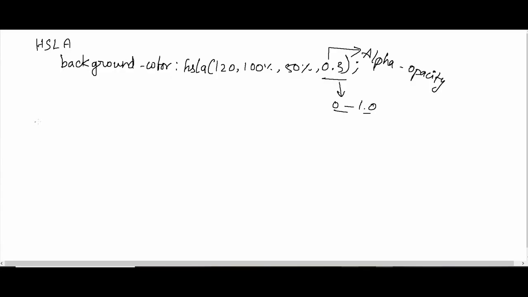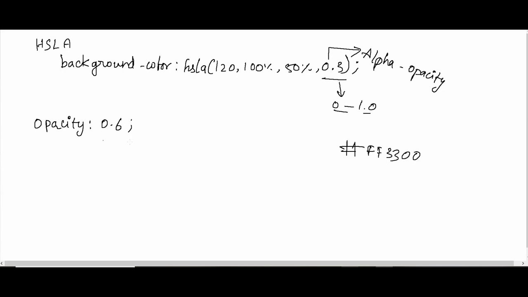Now next one is opacity. We can directly give opacity for any plain color, any color which you are using in this hexadecimal format. So we can give any opacity value. Plainly you just give opacity colon the values from 0 to 1.0, 0.6.